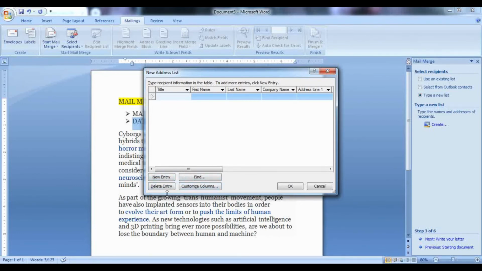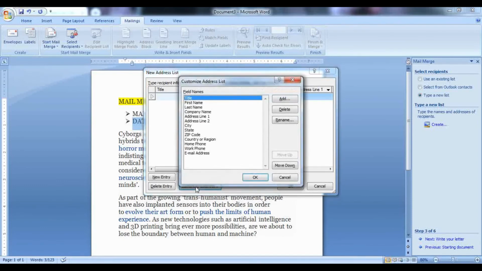This is very same how you operate your contacts in the mobile phone. So new entry will help you to add a new contact. Delete entry will help you to delete an existing contact. Find will help you to find from the list of contacts. And now customize column will help you to customize the fields which you want.